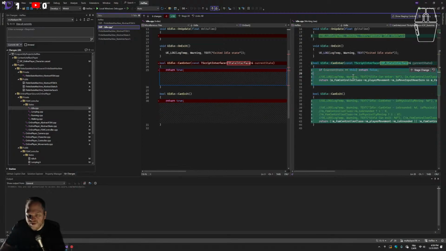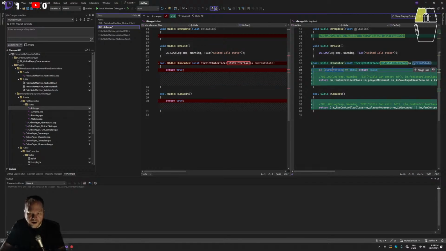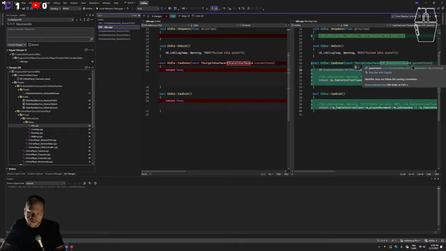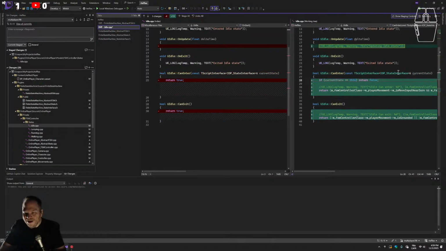It gives me the value of this. So those two. Also, I added this so that when he enters and sees that this state is, if the state, oh no, damn it. If the state